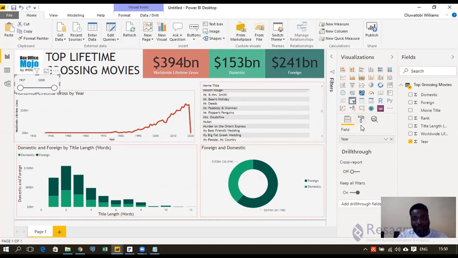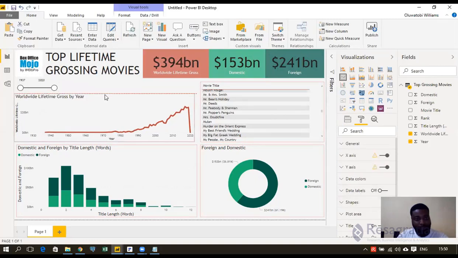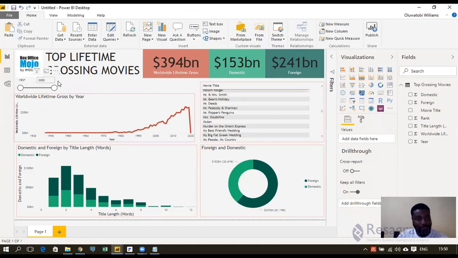I'm going to remove background from my slicer. It's possible I can reduce this even further. Yeah, just slightly. So removing background from my slicer, now I can say, all right, I don't really care